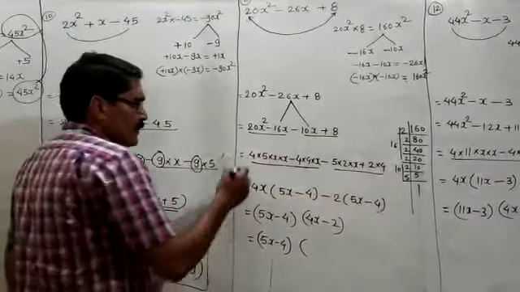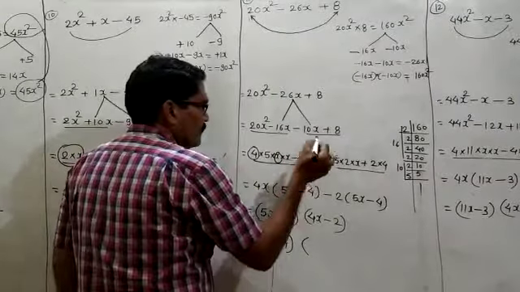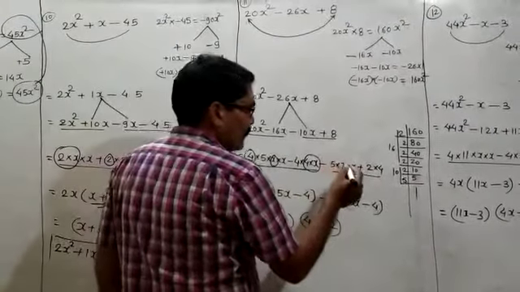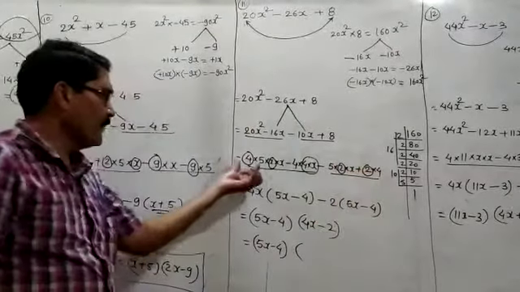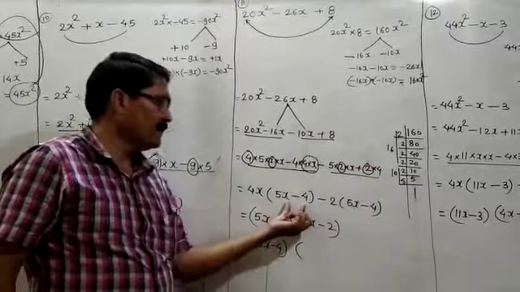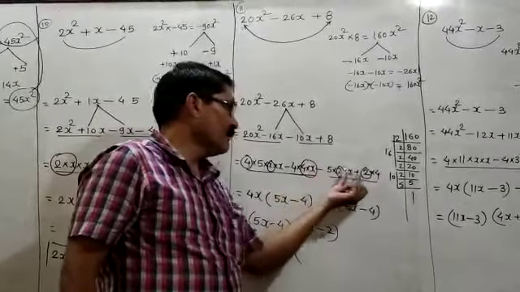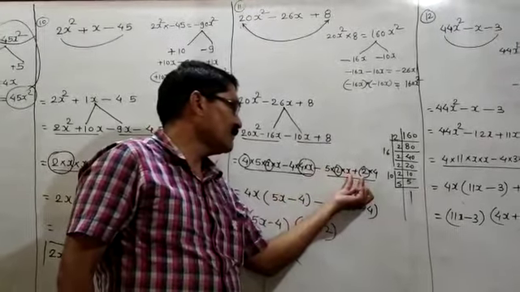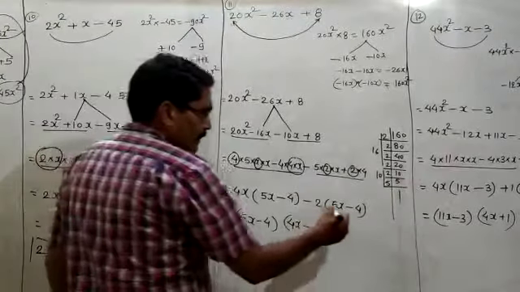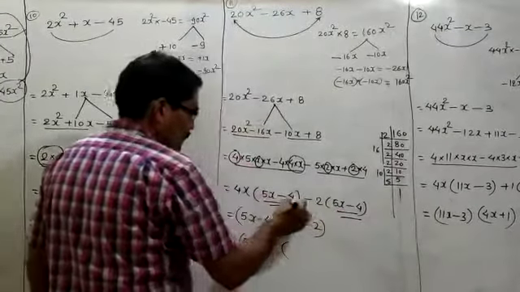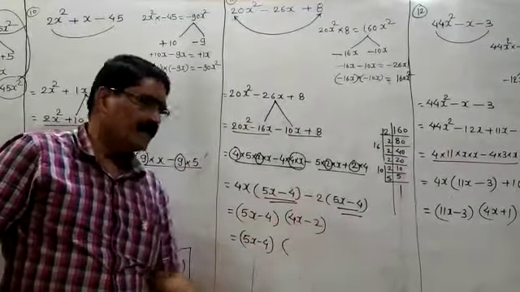From the first two terms, I will take out 4x common. In the same manner, from the last two terms, you have to take out 2 common. If I take out 4x common, then 5x minus 4 remains in the other bracket. Minus 2 you have to take out common. If minus comes common, then change the sign of the last term. This plus becomes minus, so it becomes minus 4. For this step, both brackets have to be the same, and they are coming the same. So you have to take out this bracket common. Then 5x minus 4 is in one bracket and 4x minus 2 in the other bracket.